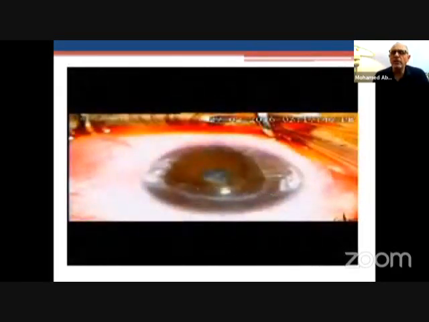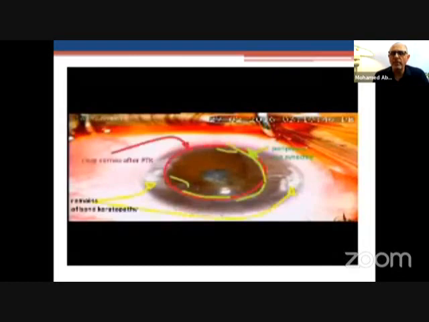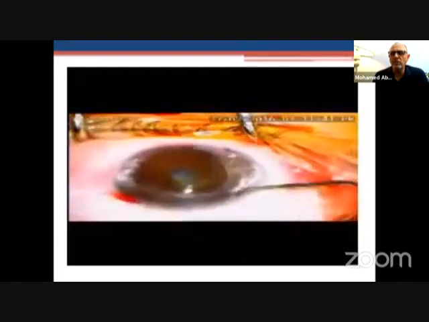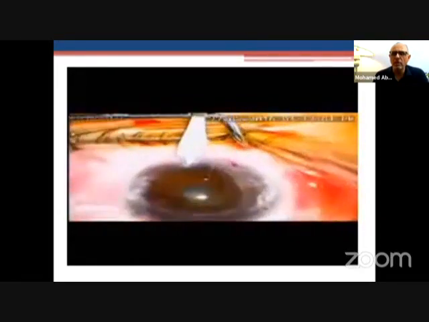This is a more complicated case. This is a child with juvenile idiopathic arthritis who had a band-shaped keratopathy and raised intraocular pressure. I did first PTK, and then tried to go into the anterior chamber, but he had almost 360 degrees peripheral anterior synechia, not allowing me to go in. So I chose a point where there is no synechia. I went in, did a peripheral anterior synechiolysis